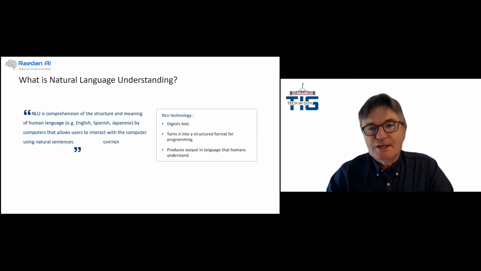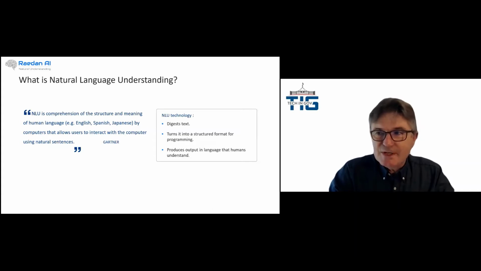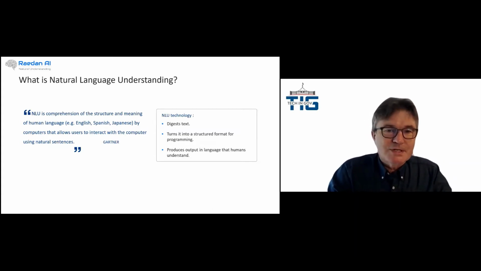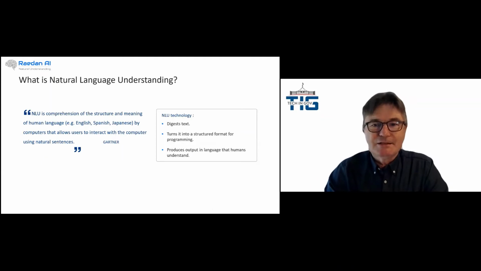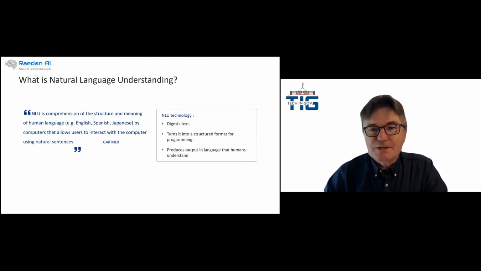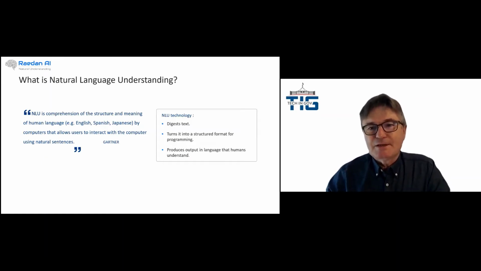So what is natural understanding? Well, I think most of you by now will have used Siri or Alexa or Google Assistant, asked them what the weather is and got a reply. So natural understanding is that part of natural language processing. It's about understanding your text or words. The words are ingested, structured and formatted so the program can understand them, some algorithms are applied to get the response, and that is then put back in the form of a human voice